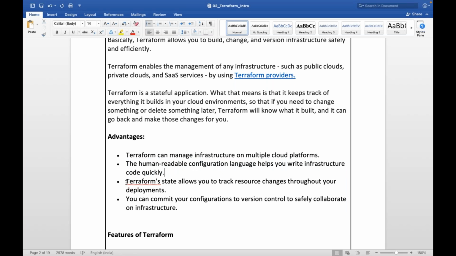As I already told, Terraform state allows you to track resource changes throughout your deployments. Whatever resources you are deploying using Terraform, Terraform will maintain the state of your resources, and you can maintain your Terraform scripts in a version control system, so that multiple team members can collaborate and work on the infrastructure as code.